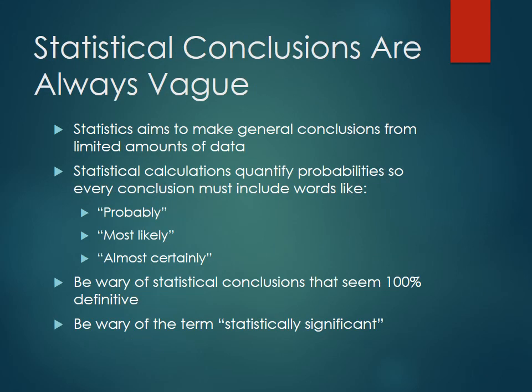Again, stats are never going to be 100% certain about anything. There could always be a small percentage chance that it's just due to a random coincidence. So if anyone ever says something is 100% sure, always take it with a grain of salt. You're going to hear a lot of things like probably, most likely, almost certainly, but really it's hard to say this is absolutely 100% true. Because again, we're just looking at probabilities, we're just looking at relationships. Very rarely can we ever say there's actual causality happening.